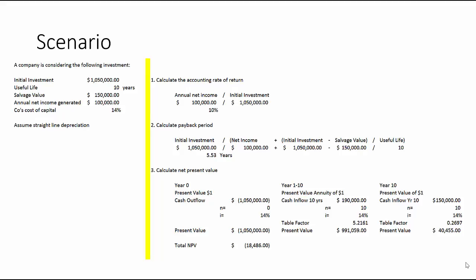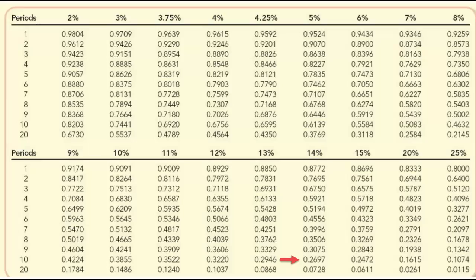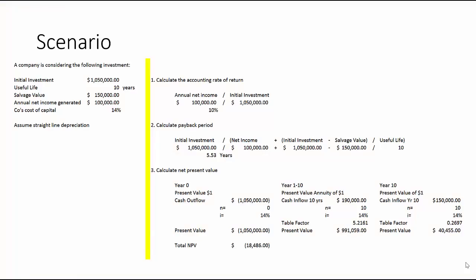Then what we do is we look at year 10. And year 10, what we're looking at is that salvage value. And that happens once in year 10. What we do is we take the present value table. That present value table will look at 10 years, 14%, and we get a table factor of 0.2697. So the $150,000 times that table factor of 0.2697 gives us a present value of